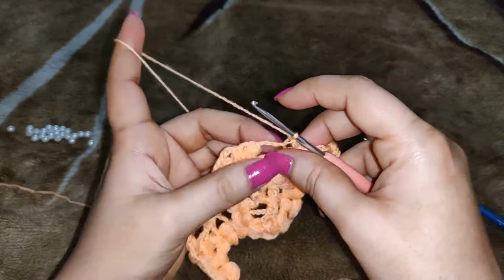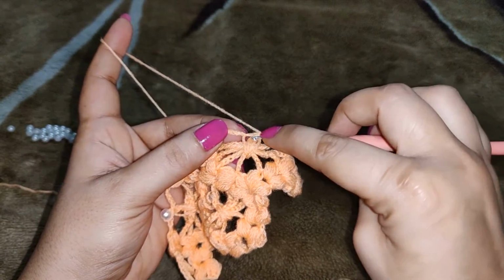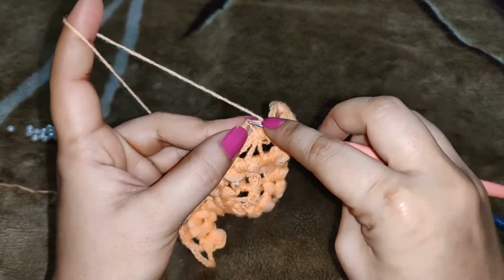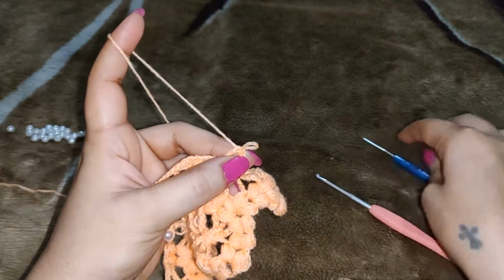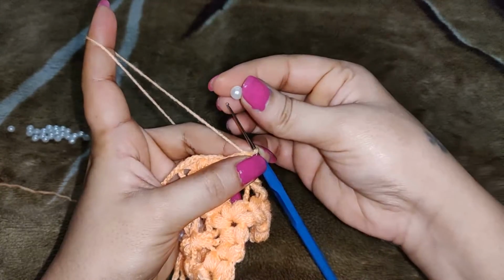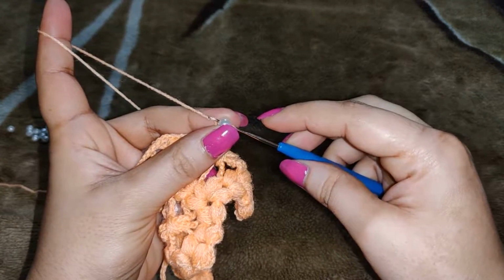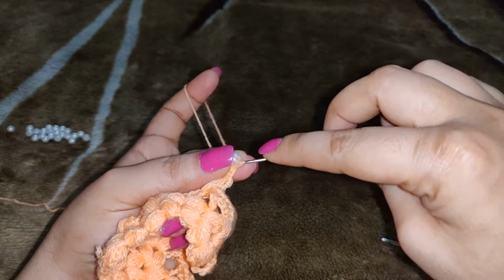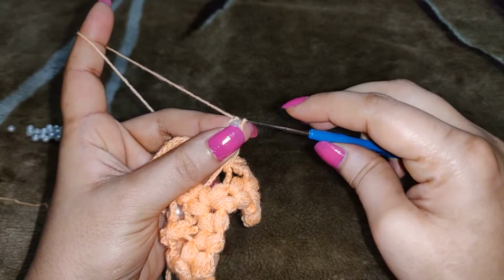This is what you have. You turn your work, you slip stitch into the first chain space, not the hole but the first chain that you have here. Okay, you change your needle, you add a bead, you yarn over, you pull through the bead and through the stitch that you have. So you worked your first slip stitch, yarn over, you work another slip stitch,